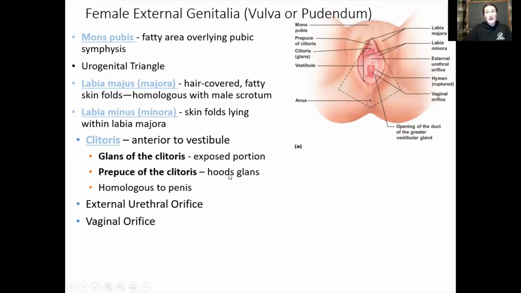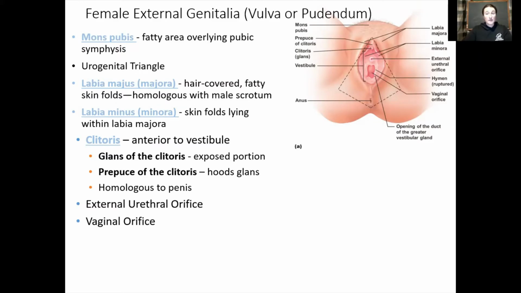The clitoris has a structure that is actually very similar to the penis because, again, these structures develop both in males and in females. It's just that in the second trimester, the estrogen is going to drive the development of a clitoris, and testosterone drives the development in the direction of a penis. And so there are similar structures in the clitoris. It is also an